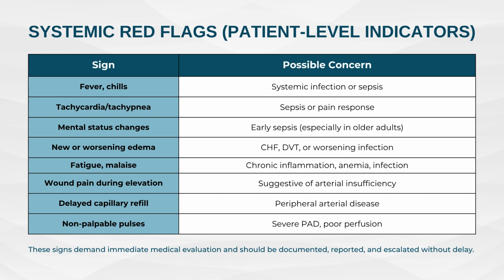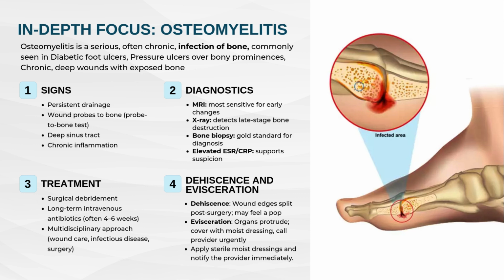Key action: document clearly, report quickly, and escalate early. Systemic signs mean the body is struggling. Don't wait for confirmation, act on suspicion. Some complications don't just delay healing, they can escalate into medical emergencies. Let's dive deeper into two of the most critical: